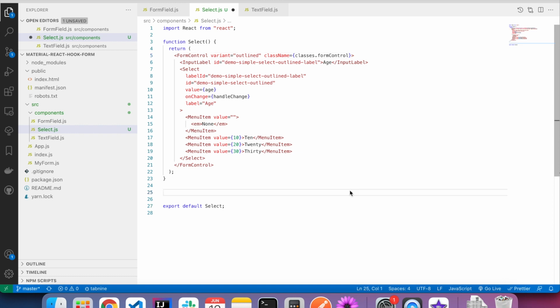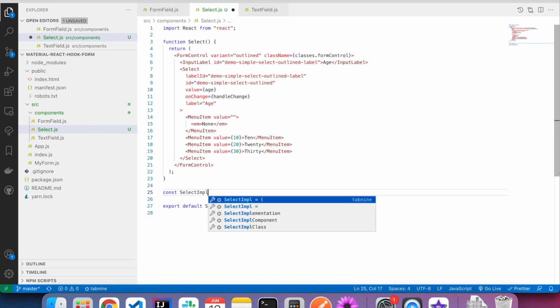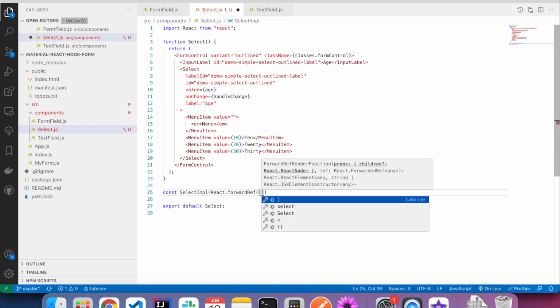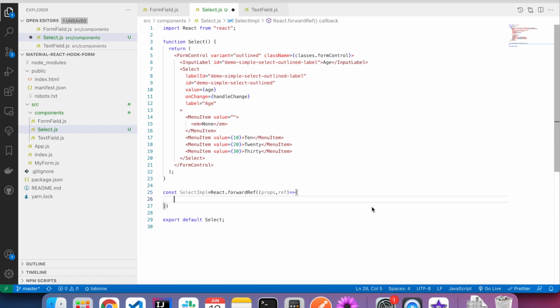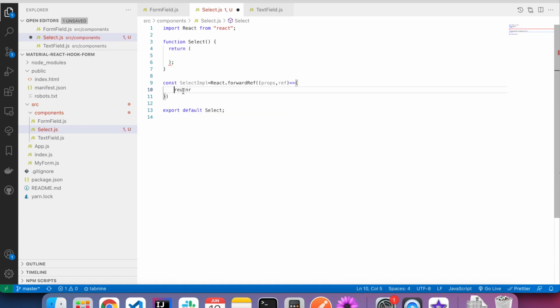I'm going to create a separate internal component implementation, so I'll call it select implementation, and I'm creating it to forward the reference. Here I'm going to return this entire content.